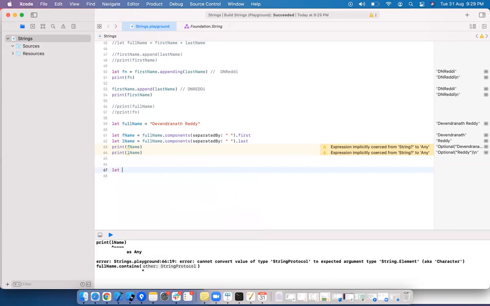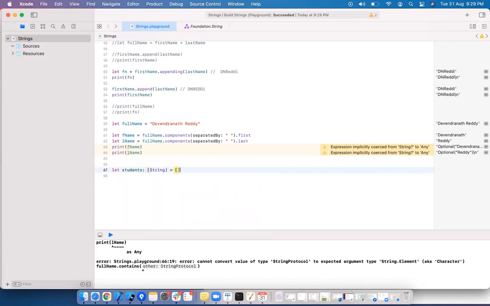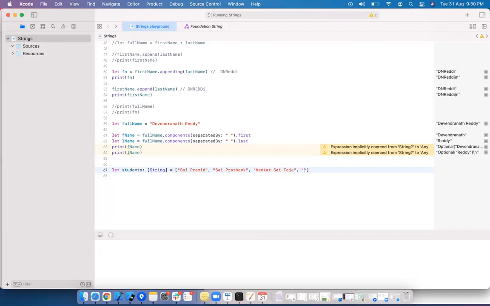Let's say I have student names, an array of strings. This is how we declare an array; we'll see arrays in detail. Let's say I have some names.